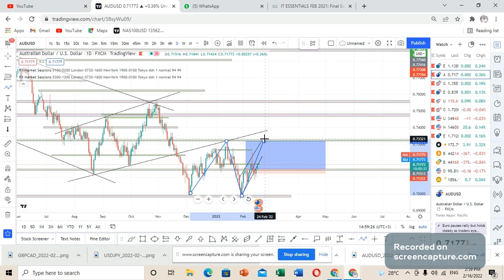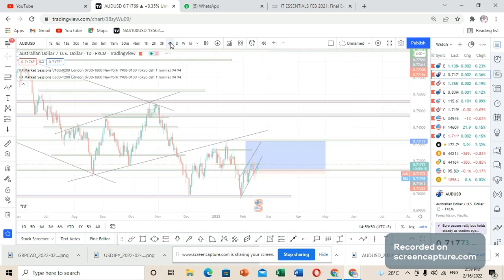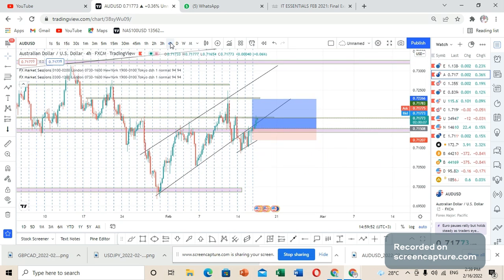But then if it has the ability to break above this particular trend line, then I'll be looking for more opportunities to buy up to these particular levels. But for now, this is what I'm currently expecting, based on the previous patterns of the market: I'm expecting that the markets are going to rise to these particular levels here. So it has moved to a lower time frame, that is the hourly time frame, where I take most of my trades.